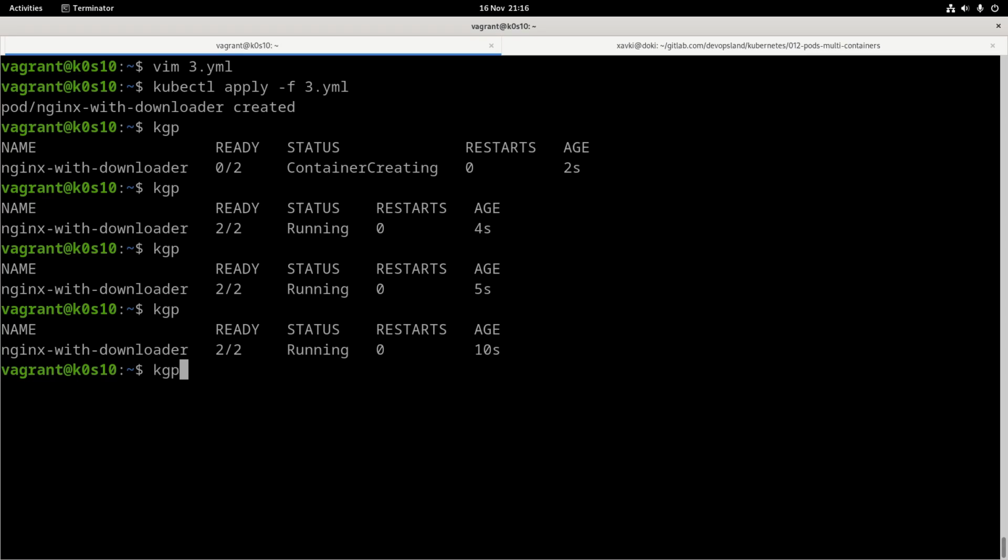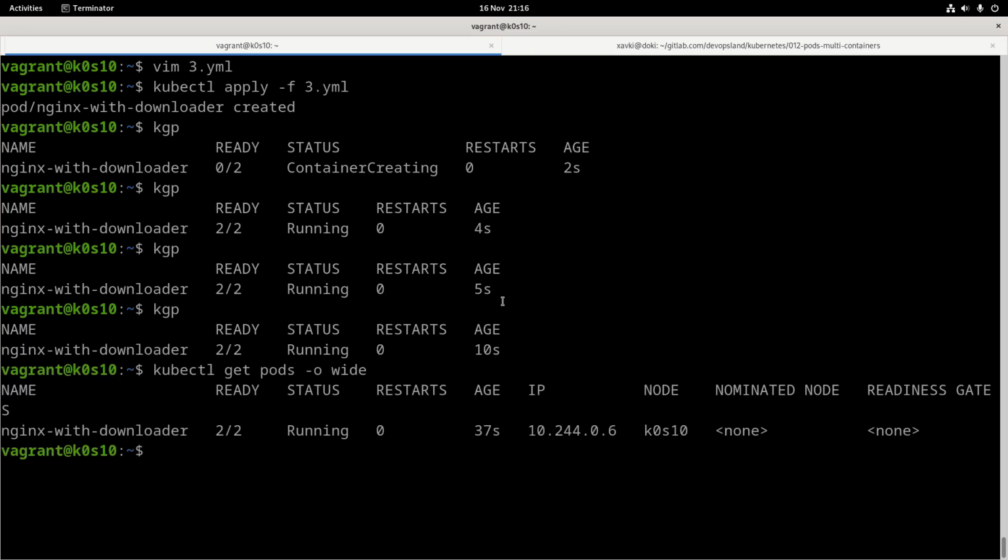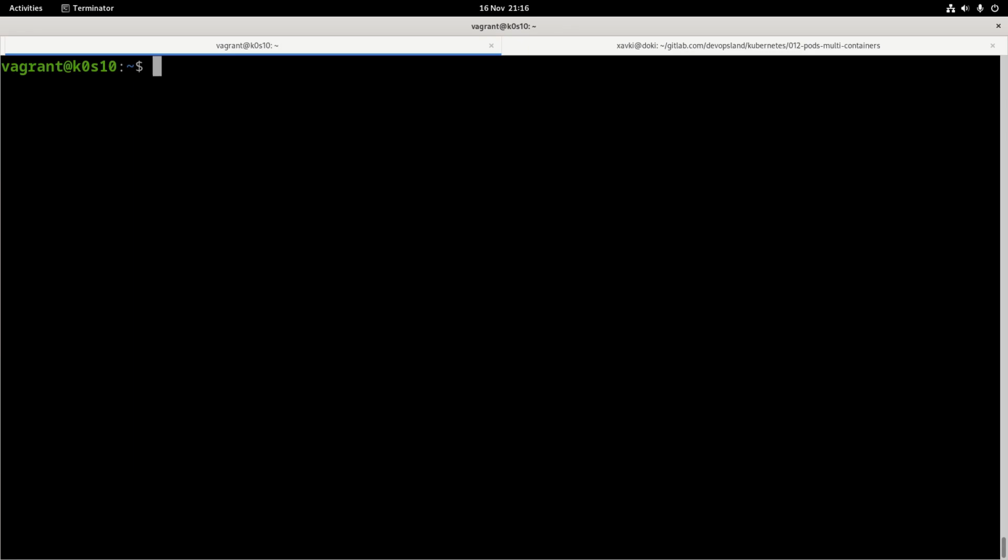So now we want to have the IP of the pod. So yes, this is my alias kgp, and we can run get pod like here, and now we have the IP.